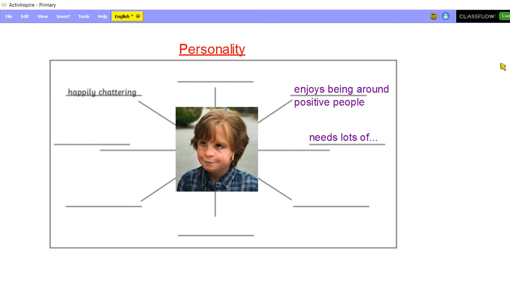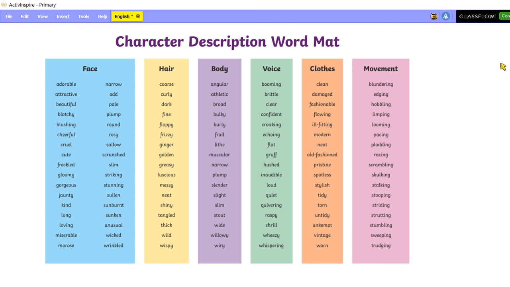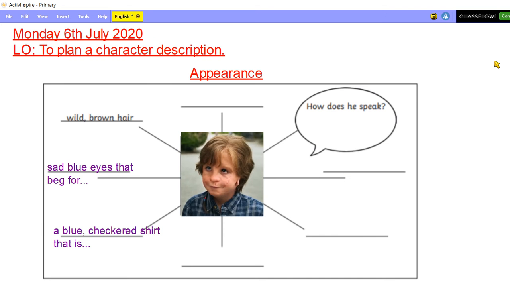I have included on the next slide a character description word map, which I am going to be using. I'm going to be flicking to and from, but I've put it below this video for you guys to use. I know some of you have said you'd struggle to get on Word Hippo or to have access to the internet all day and things. So if that's the case, I've got some vocabulary here, which is just as good for you to use, okay? So I've included that below this video. So let's whiz back to the appearance of